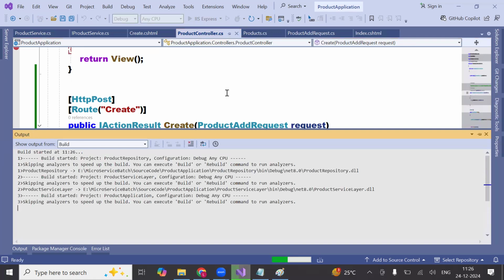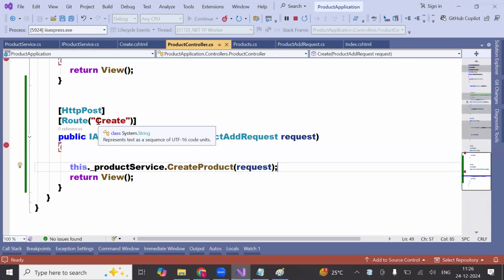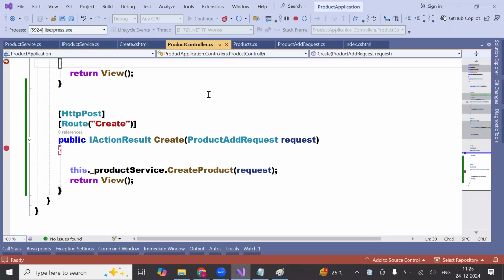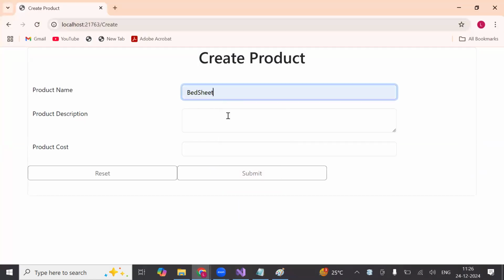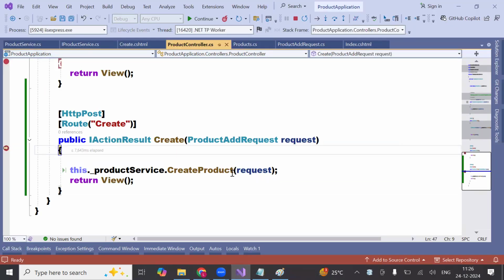Less than a minute, we'll see. New product. Now you see here,